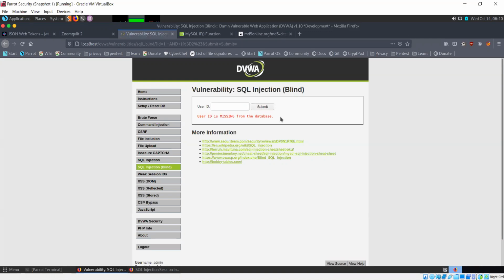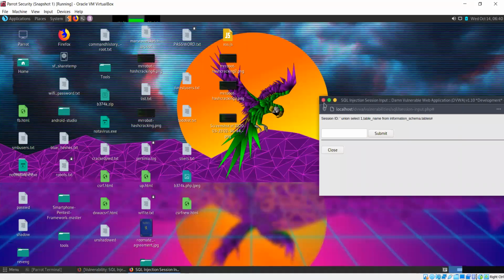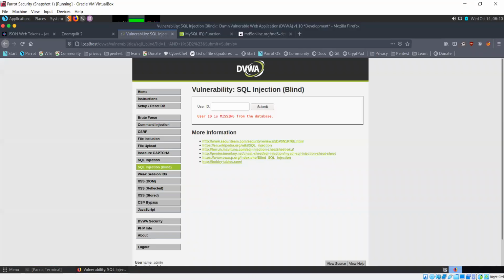User ID is missing, so negative response. So the database server is giving us the kind of response that we are expecting. 1 is equal to 2 will always be false. So we purposefully gave it a wrong condition, a false condition, to test that it's working according to our expectation or not. So we have tested it, and if we give it a statement that we know is false, then we can figure that out by this negative response.